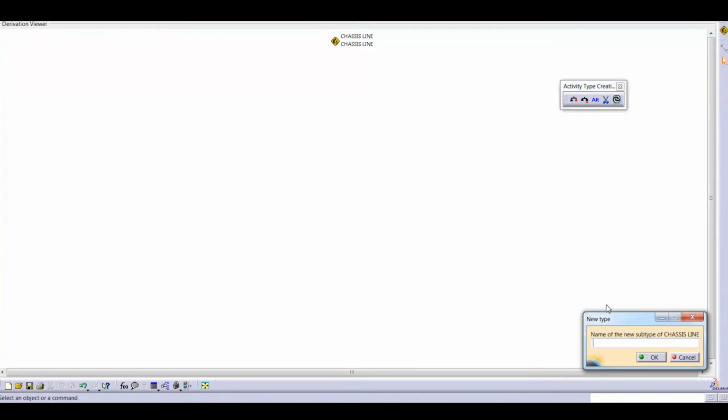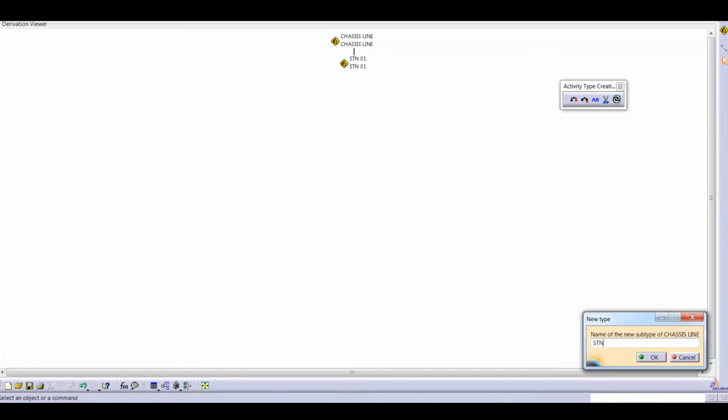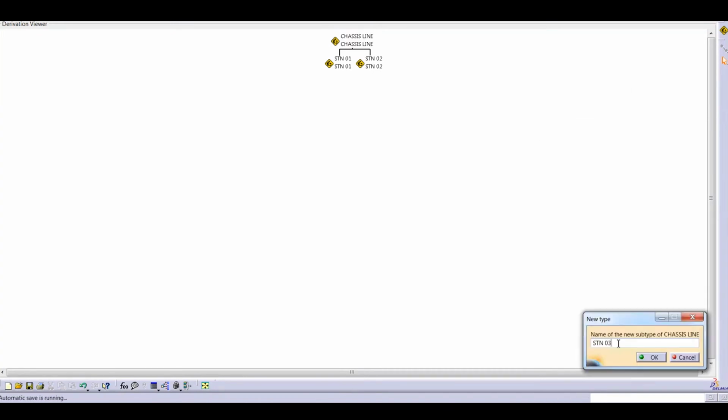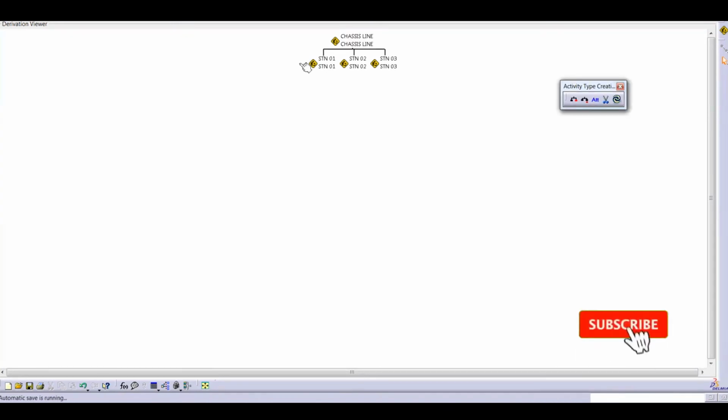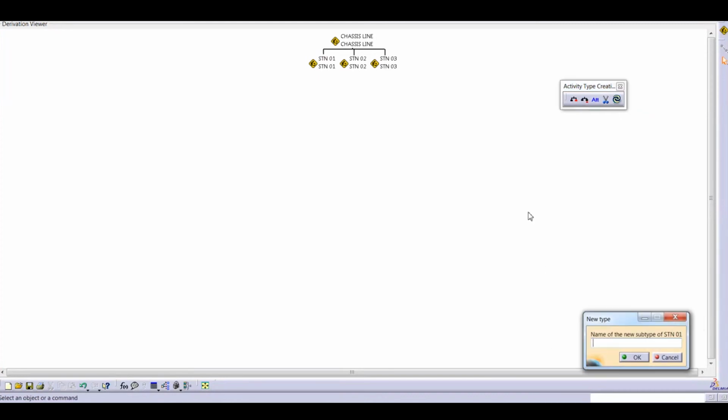Below the chassis line it will be station 1, for example, and then a parallel station will be station 2, and again crankshaft fitment.